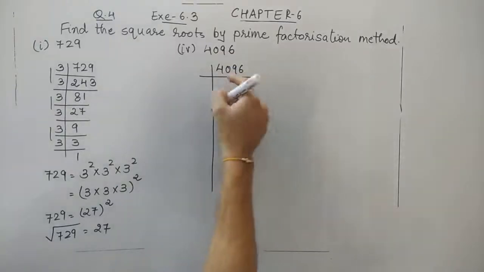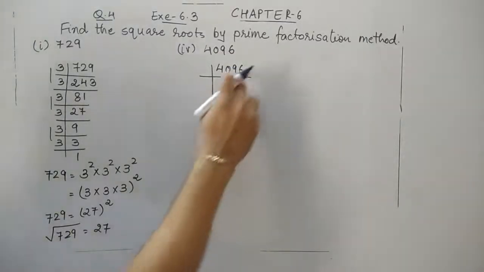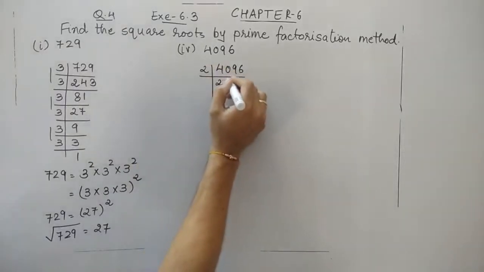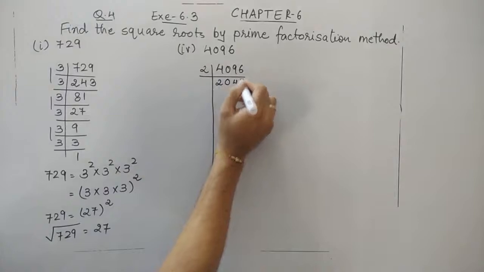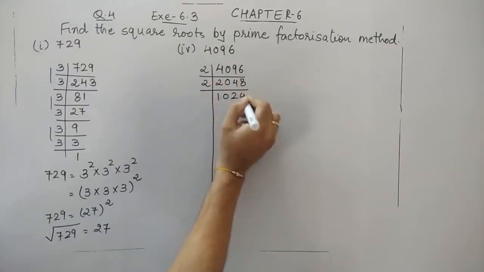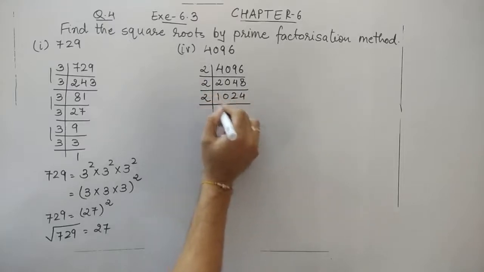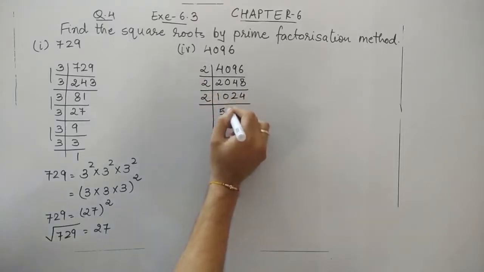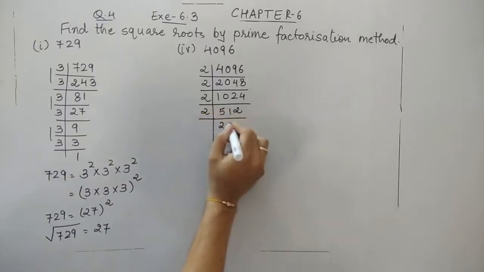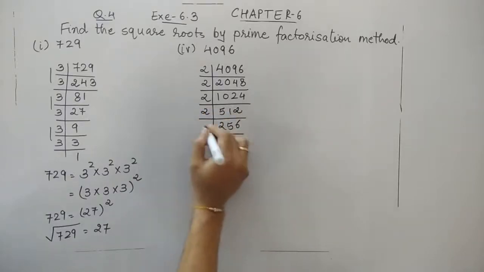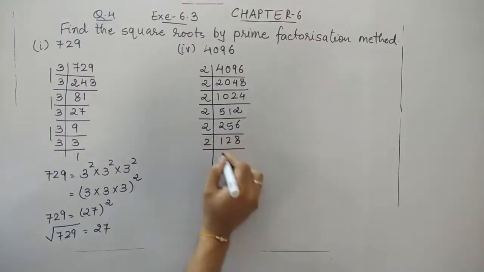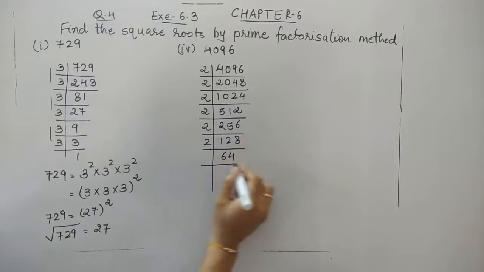As the given number has a unit digit 6, so it must be divisible by 2. 2 2s are 4, it's not divisible... 2 4s are 8, 2 8s are 16, 2 1s are 2, 0s are 0, 2s are 2 and 4s are 4. It's 2 5s are 10, 2 1s are 2, 2s are 2. Still it is, 2 2s are 4, 2 5s are 10 and 2 6s are 12. 2 1s are 2, 2s are 2, 8s are 8.